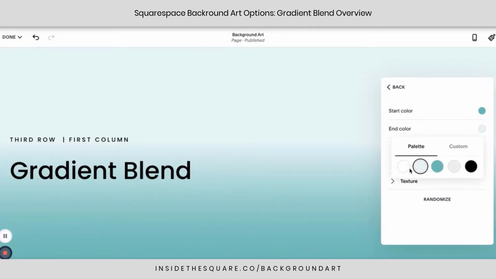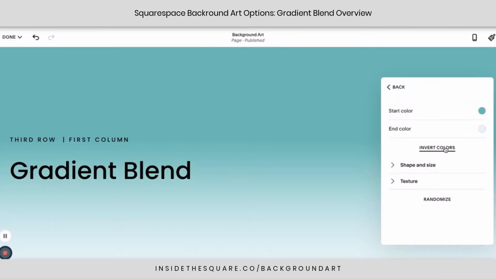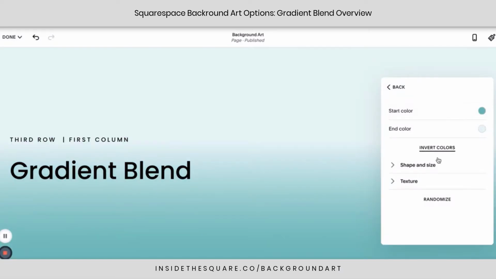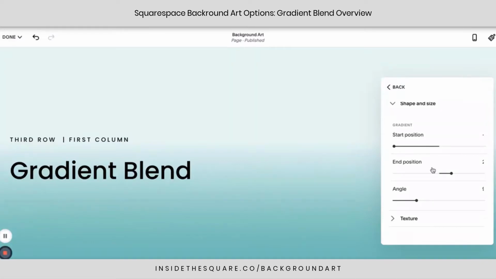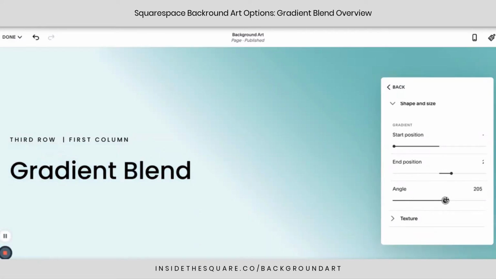Anytime you see that little circle, grab a palette or enter a custom color. You can also select invert colors to have them flip. Totally up to you. Now after that, we have the option to adjust the shape and size. This will be the start and end position of the gradient as well as the angle. If you want it to be slightly angled in any direction you choose,